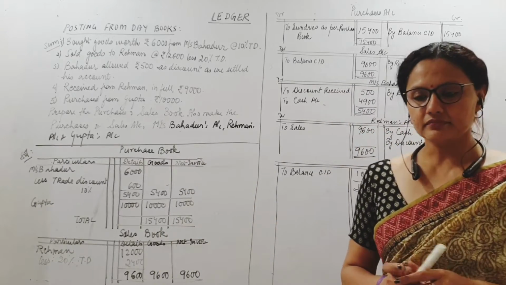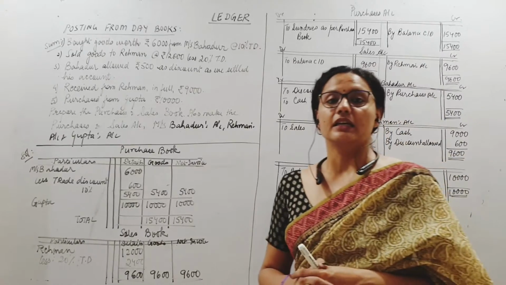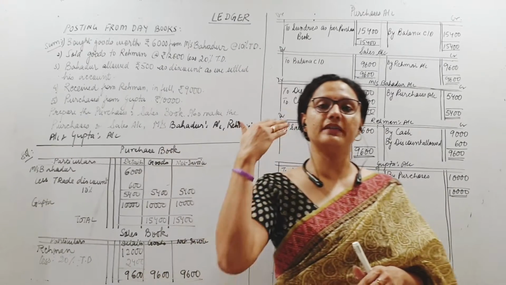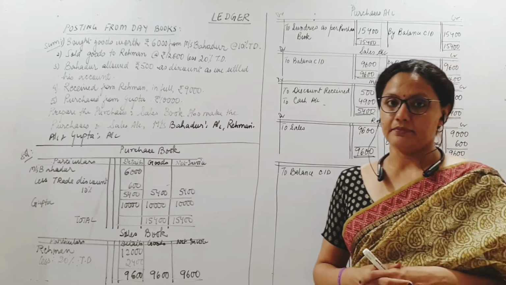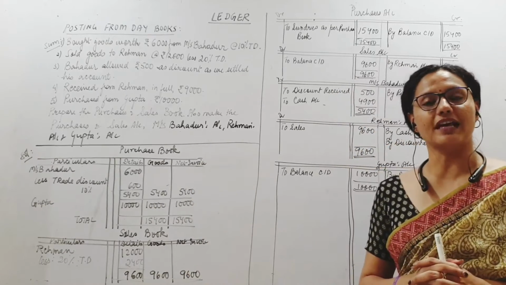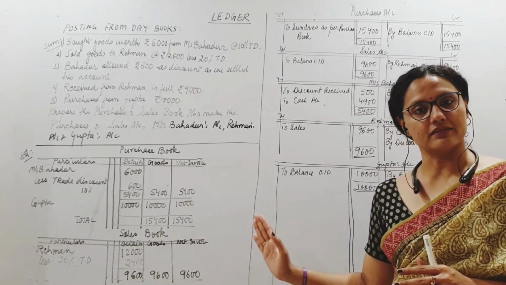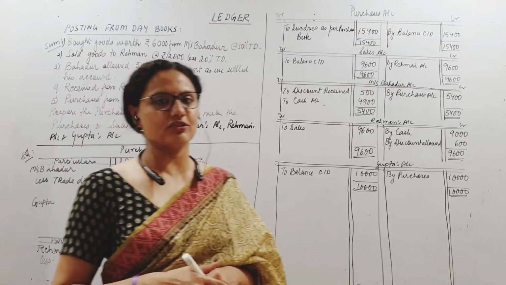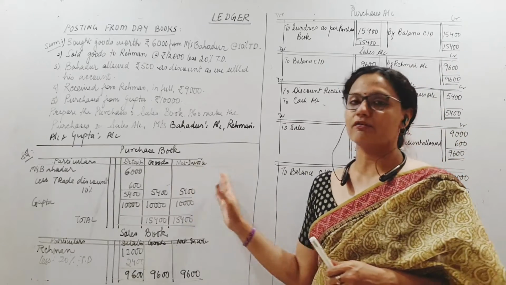So one more thing here, as per the council notification, in the year 2020-21, this is the current year, meaning the students who will be appearing for 2021 examination, for them, GST is excluded from the purchase book and sales book. Alright? There will be no columns for GST here. So even though we have already done that, but as per the new notification and the reduction in the syllabus, you can drop the GST. Alright? So no need of worrying about GST.